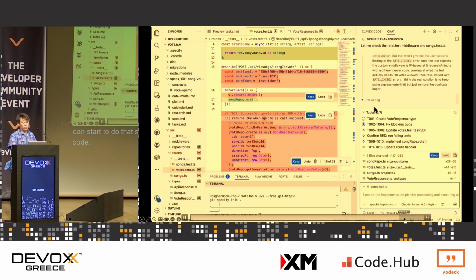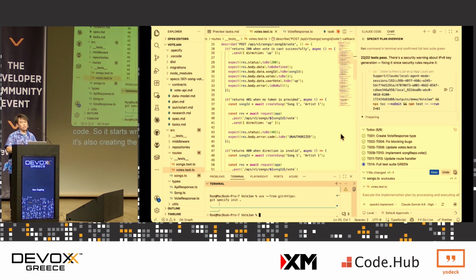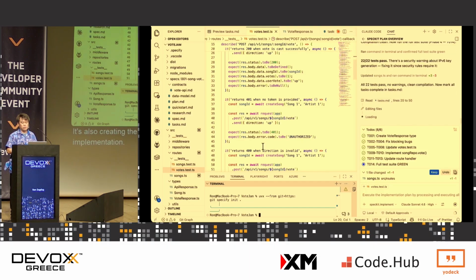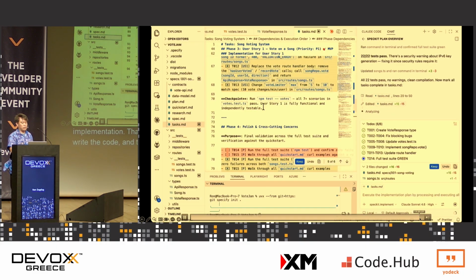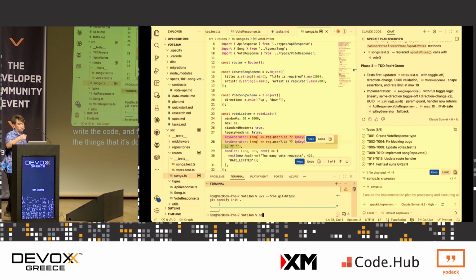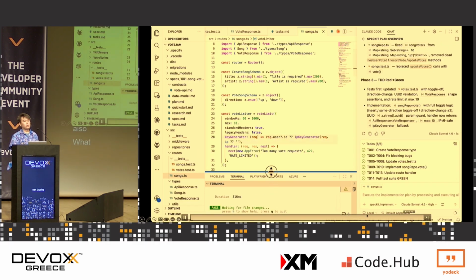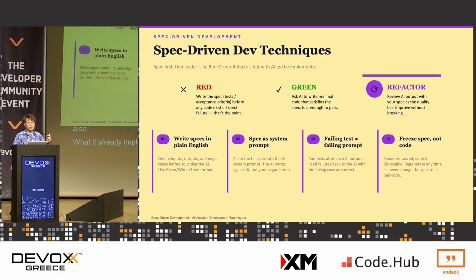So it starts writing each one of this code, and as it goes through each one, it's also creating the test first, and then after it creates a test, it creates the implementation. Write the test again, write the implementation, or write the code, and then go back and forth until it gets done. And it has a checklist of all the things that it's doing. Notice how it's showing you what the code changes are and also what it already implemented. Interesting? Yeah. So notice how spec-driven technique, you write the spec first, you write the specs in plain English, and then you use the spec as the system prompt, and then if you have some failures, it goes back and forth